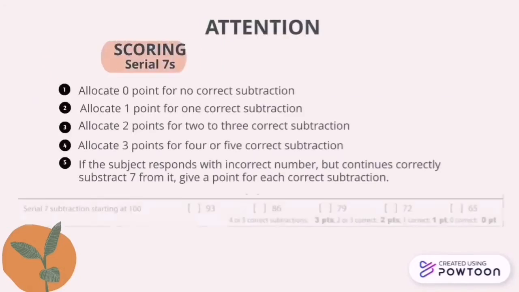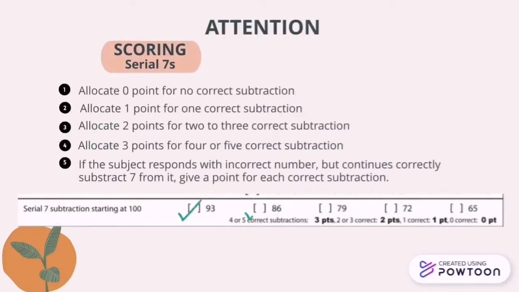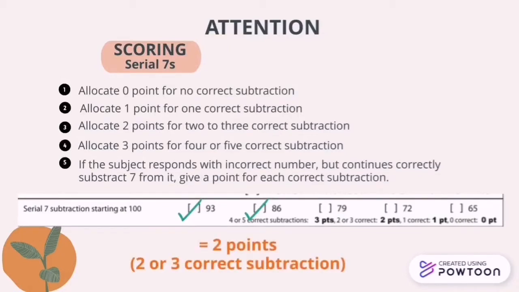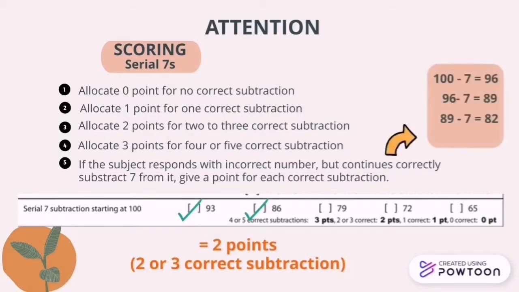For scoring, 0 points for no correct subtractions, 1 point for 1 correct subtraction, 2 points for 2 to 3 correct subtractions, and 3 points for 4 or 5 correct subtractions. If the subject responds with an incorrect number but continues to correctly subtract 7 from it, give a point for each correct